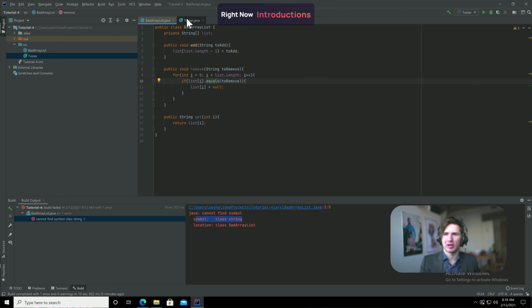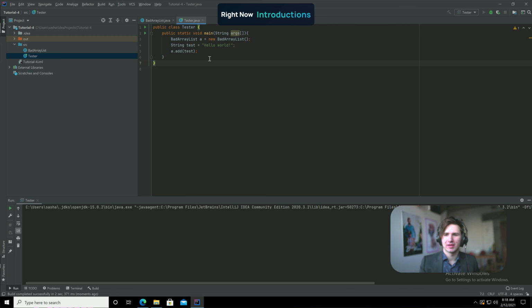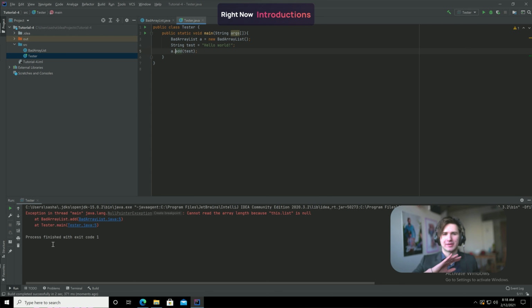But there are actually other problems. Let's see what happens when we run our tester, because it might not immediately be obvious without the tester why it's going wrong. We run it right away, and we get a null pointer exception. Now these are super common, but I'm going to show you guys how to deal with any null pointer exception you want. Remember here, I'm going to start using the debugger, so I'm going to give you guys a quick